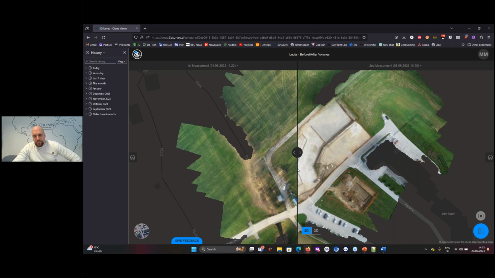Right. So this was now a very fast presentation of 3Dsurvey capabilities. I have more things to show, but I think it will be enough for the first webinar. Now I see that we have some questions. Let me have a look. And I see that we have a question here. The question says, what's your suggestion for getting surface data in ditch bottom under the water?